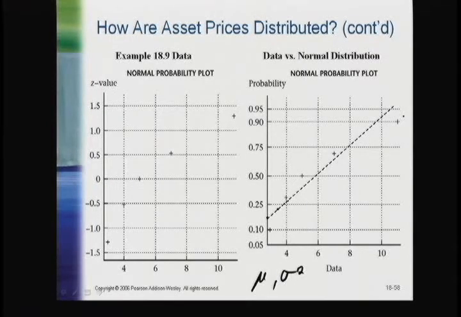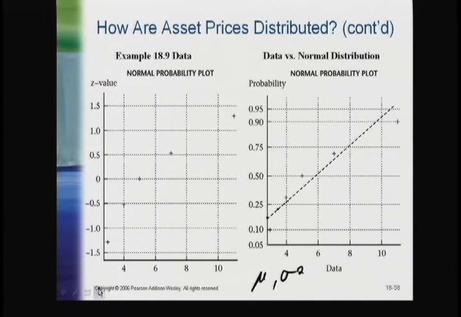In a situation like this, it's hard to know what this means. It could well be that the data are not normally distributed, or it could simply be that you have so few data points that you can't quite tell. If you generated 6 random samples from a normal distribution, it again wouldn't perfectly line up with the theoretical plot either. But you can look at richer data sets, and you would see